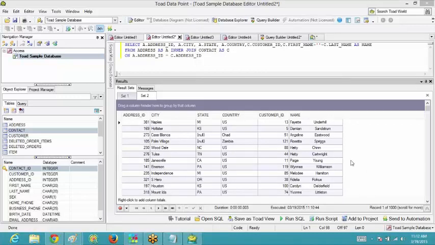Saqib, how to rearrange the columns, like if you want customer ID first, then the name first, in this way you are saying? Yes. Then write the customer ID first. Suppose after the address ID you want the customer ID, so let us take it out from here.